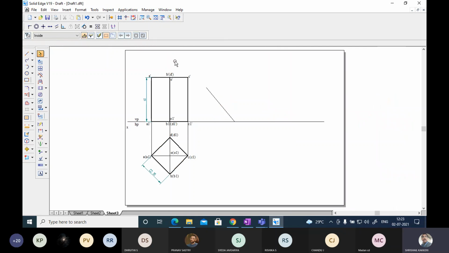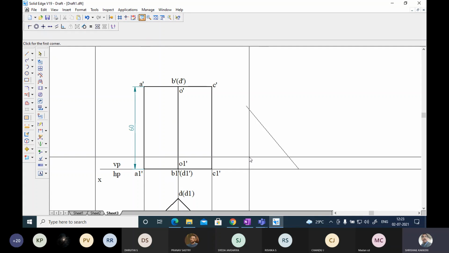Okay, the initial positioning is over, and for initial positioning, instead of taking it resting on the corner, if you have taken it resting on one of its base edges, the whole problem will become wrong. Especially in projection of solids, the manual sketch as well as this sketch takes a lot of time. And if you continue the problem with the wrong initial positioning, the entire problem will become wrong and you will not get the marks. Try to be very, very careful in the beginning.